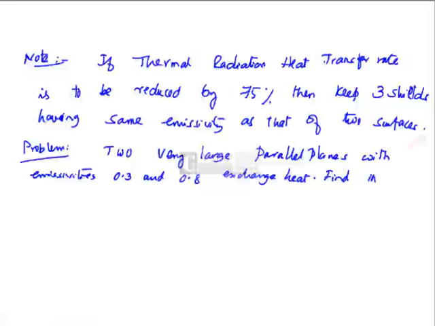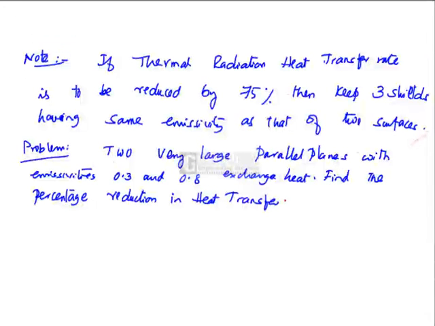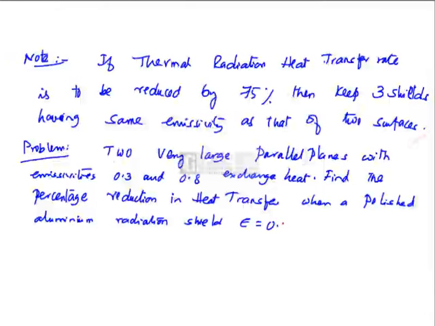Find the percentage reduction in heat transfer when a polished aluminum radiation shield with emissivity 0.04 is placed between them. The solution could be given like this: